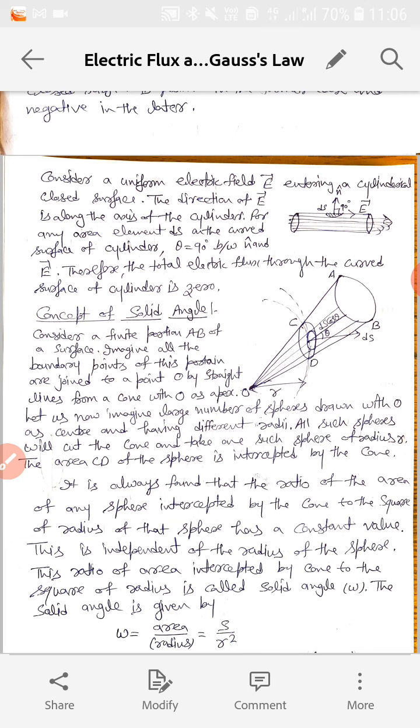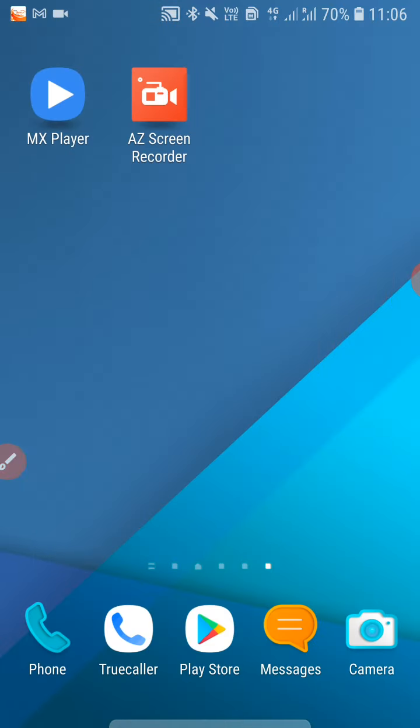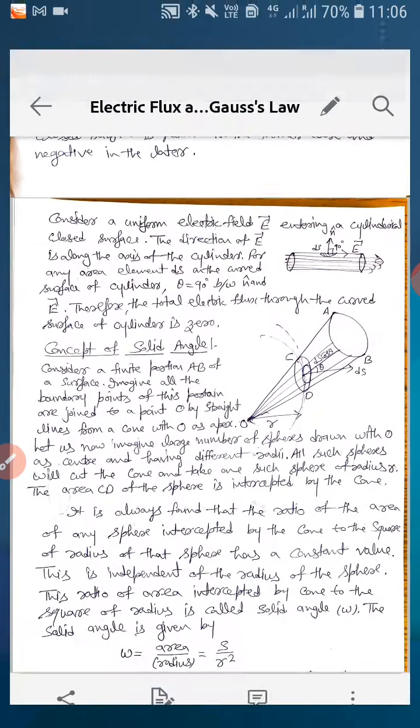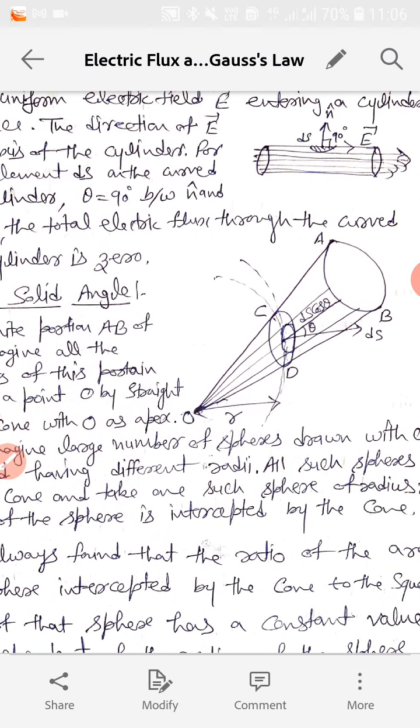Consider a finite portion AB of a surface, okay. We have a surface, and out of that surface we have considered a small portion AB, okay, and imagine all the boundary points of this portion are joined to a point O, as shown in the figure, by straight lines